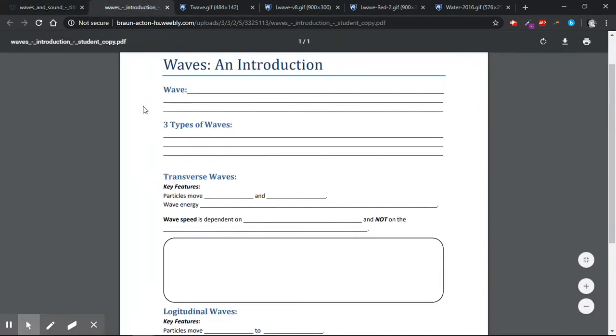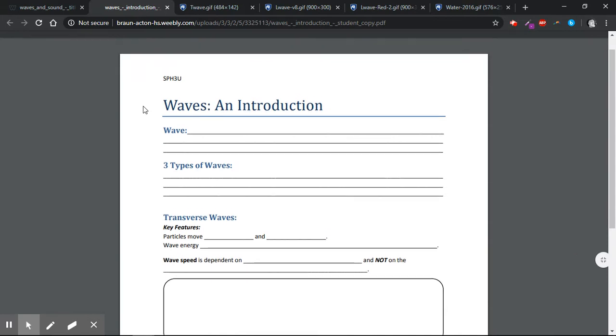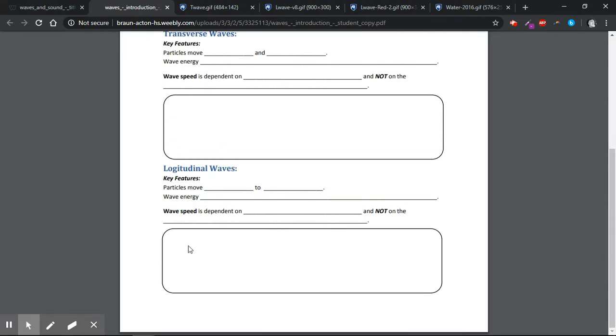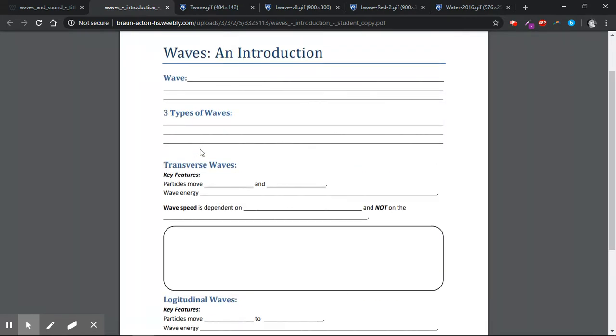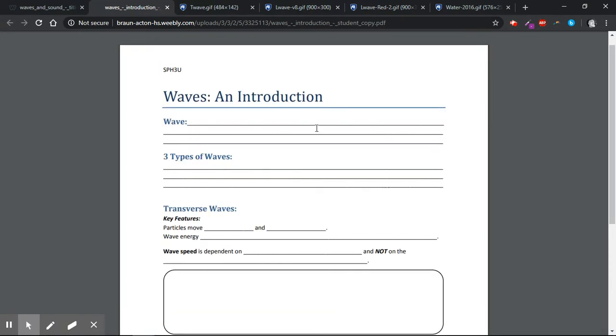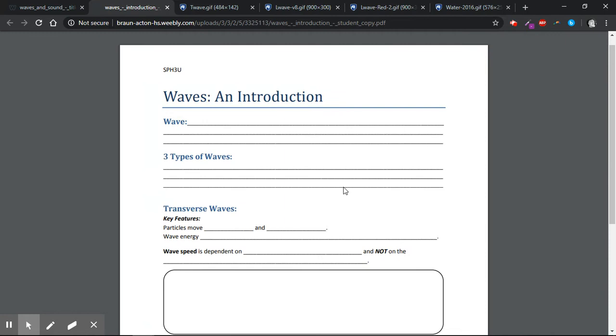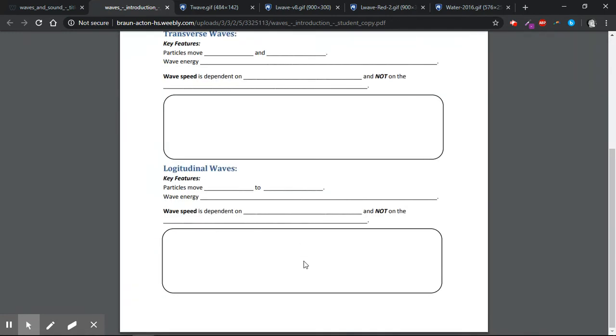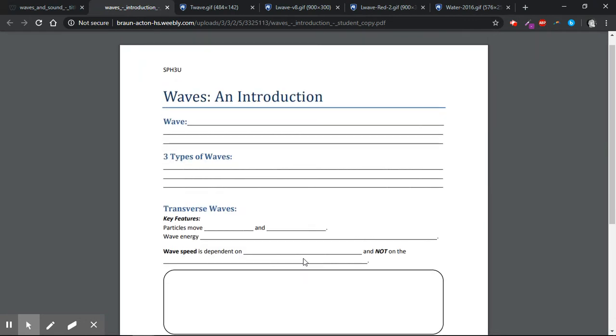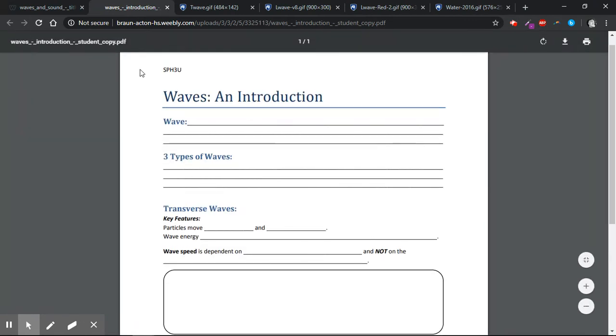Okay, so you've downloaded the waves introduction document. Here's where you're going to be able to draw in and follow the PowerPoint presentation. You can pause it, write in your information on the sheet as we go along. Now, I'm going to have to skip some of the investigations. I'm just going to cover all of it in this presentation. And back in the class, we can look at all of this in real life.